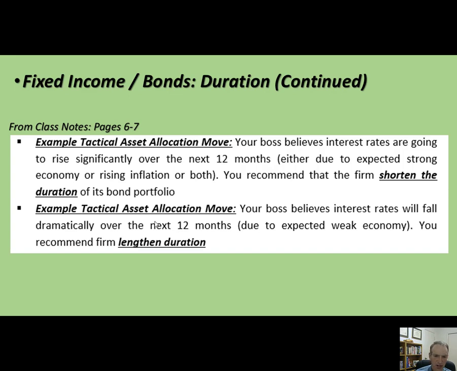Now, last class I talked about Bruce Tuchman's book. He gets a little bit more specific than that, because interest rates don't just rise and fall. Sometimes long-term rates rise a lot, where short-term rates rise a little. Sometimes long-term rates rise a little and short-term rates rise a lot. So the yield curve can actually shift from steep to flat to negative, inverted to normal. They can jump all different directions. And so in Bruce Tuchman's book, he will talk about what strategy to use if you think rates are going to rise, but short-term rates are going to rise faster than longer-term rates.